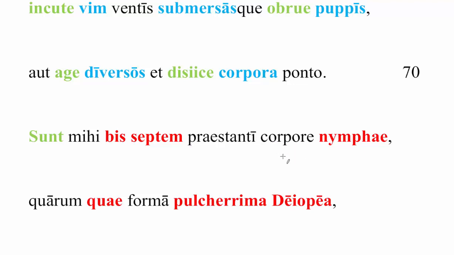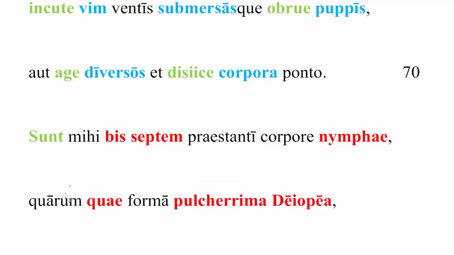And just as before, praestanti corpore is singular, but since we are talking about nymphae, plural, we might translate this plural. Of whom, so this quarum is referring to the nymphae, and then we have this quae, which is also referring to the specific nympha that she's about to talk about, of which the one who is. Or which we might say of whom, and then we can jump to Deopeia. Deopeia is the one who is, depends on how involved you want to get.